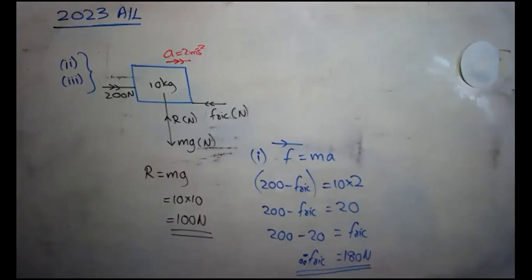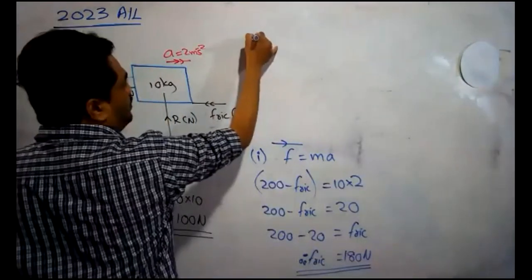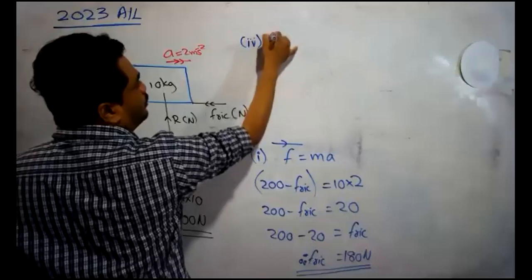Okay, what is the next question, dear? Somebody read the next question. Calculate the coefficient of kinetic friction. Now it's so simple. Roman number 4. We know that